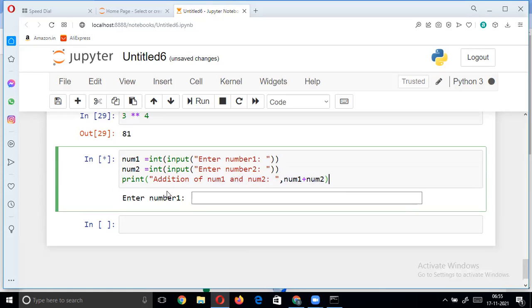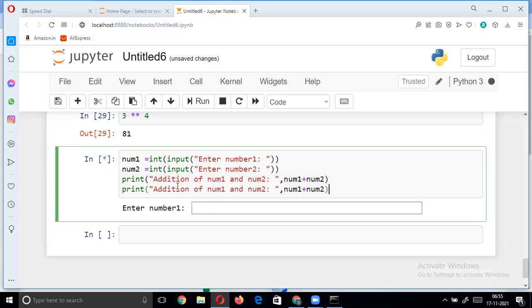Next I'll be performing subtraction of num2 from num1. Just a meaningful sentence: num2 from num1, sorry, num1.